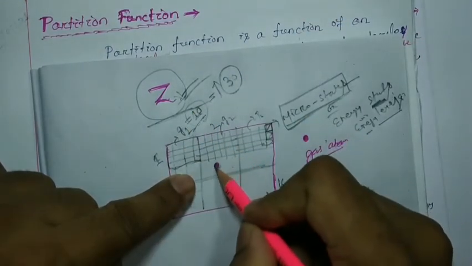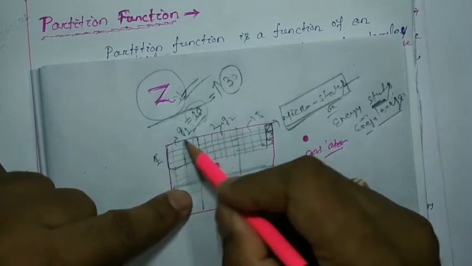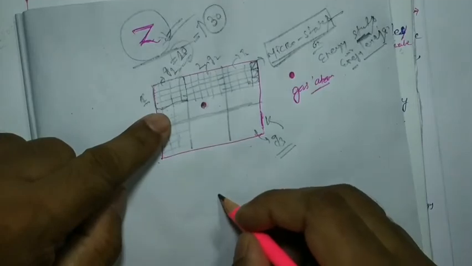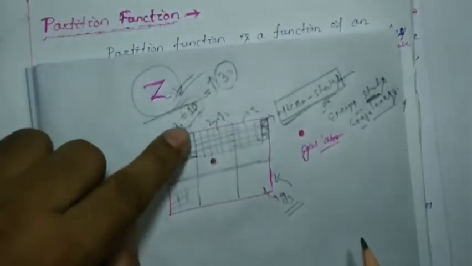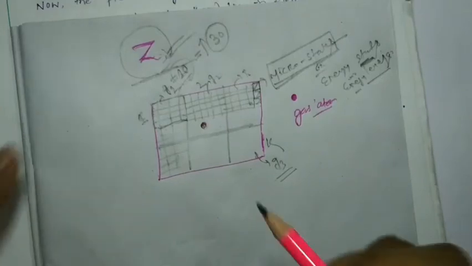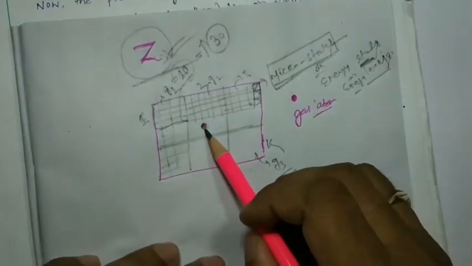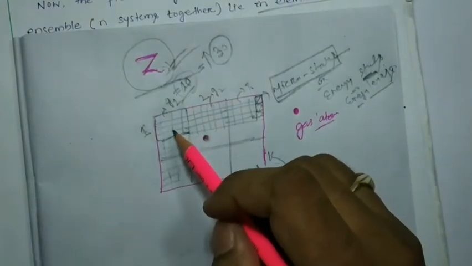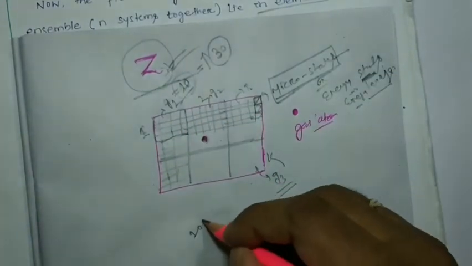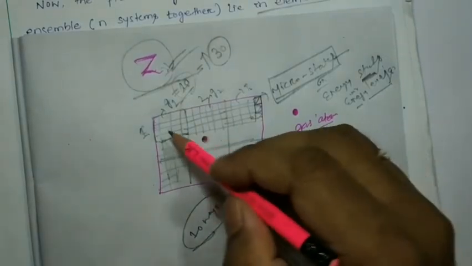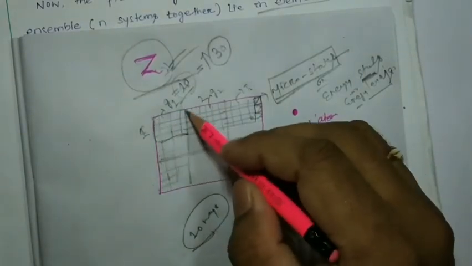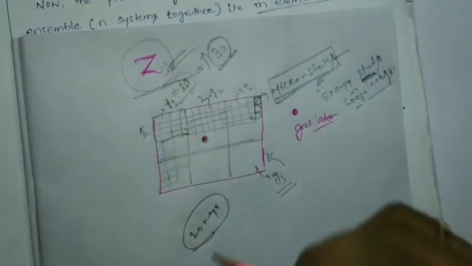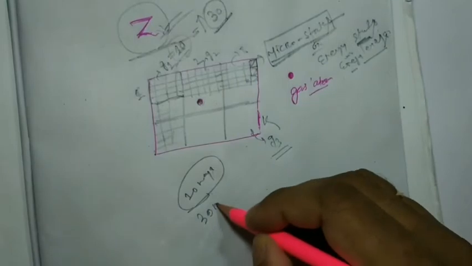So one particle is going to be distributed in all the 10 cells. Here one particle or one molecule is going to be distributed among 10 various cells or energy states. How many ways? 10 ways. If the number of these cells is increased to 30, how many ways does it have to be distributed? 30 ways, right?